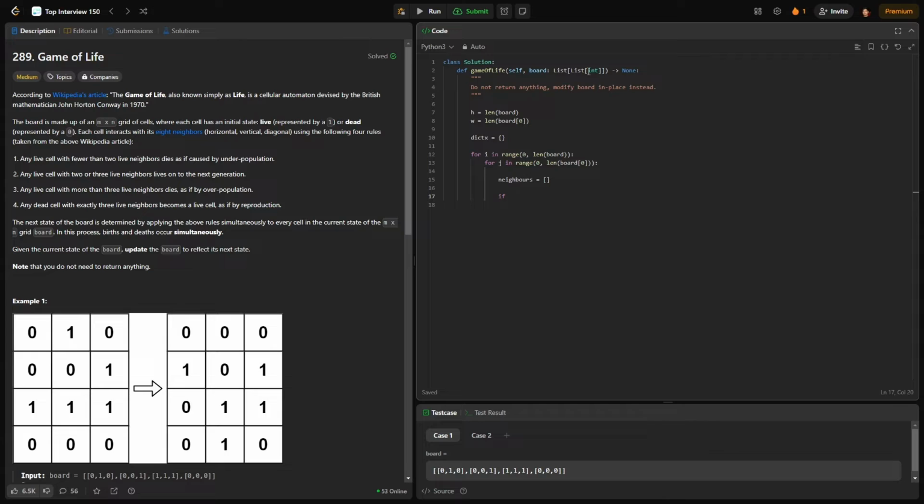Now our condition to find the neighbors of it. For that, in case it is the first row, you have to add some bounding condition. So if i minus 1 is greater than or equal to 0 and j minus 1 is greater than or equal to 0, in that case